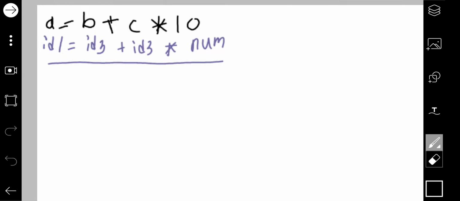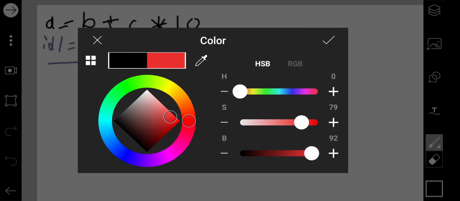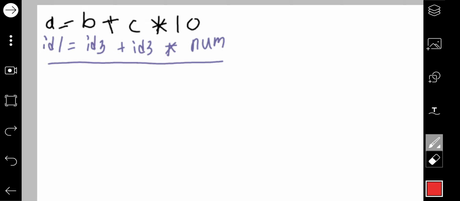First thing is you have to maintain the sequence of the operators. If you mark the operators here, we have operators equal, plus and multiply. The operators will be considered while making the tree. The operators will be considered as the parent, and there will be two children of the parent.